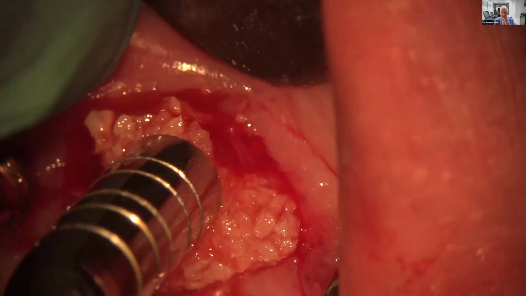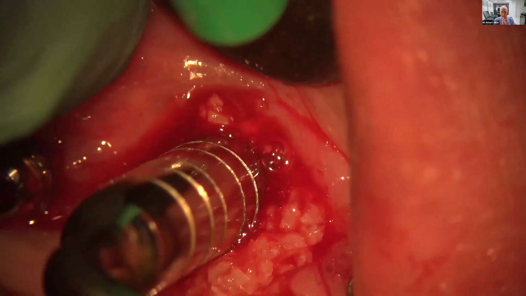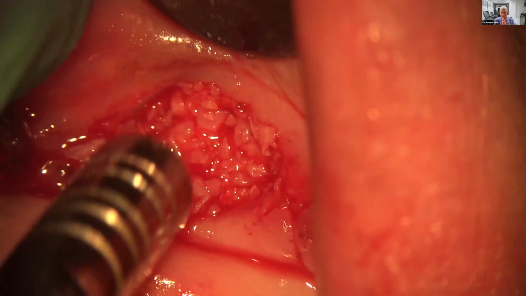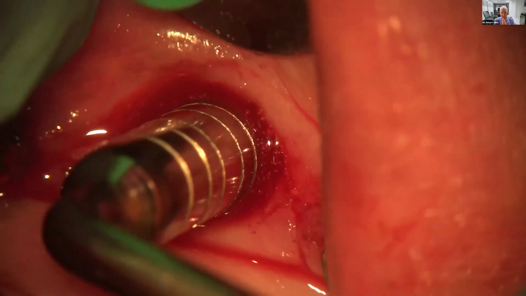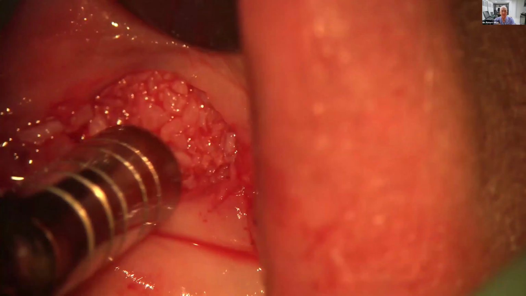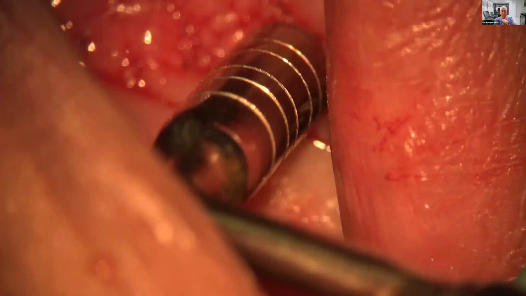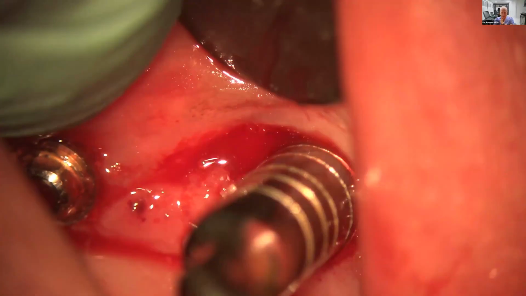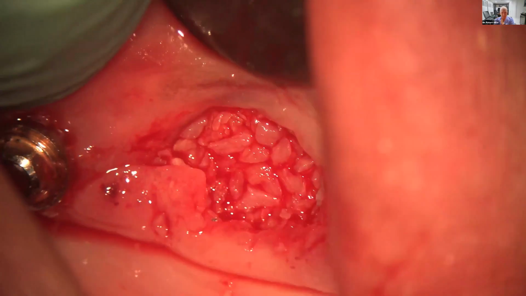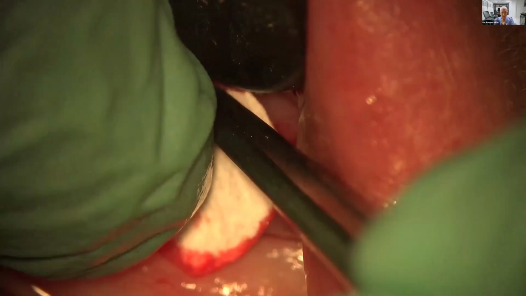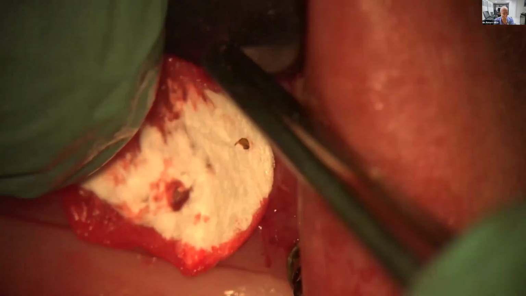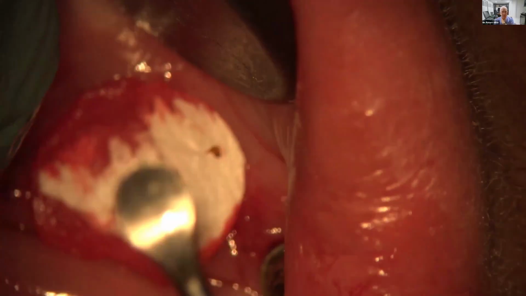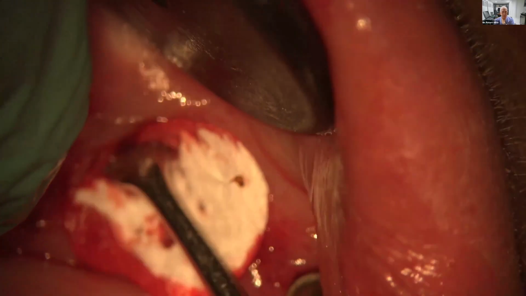And then you'll see me covering it with a collagen membrane. And that collagen membrane that I used in this case is OsteoFlex. Very nice membrane to use. And here it is. I'm just condensing the corticocancellous graft material. And then you'll simply take the OsteoFlex collagen membrane, cut it a little larger than the defect itself, and then tuck the margins underneath the flaps circumferentially,